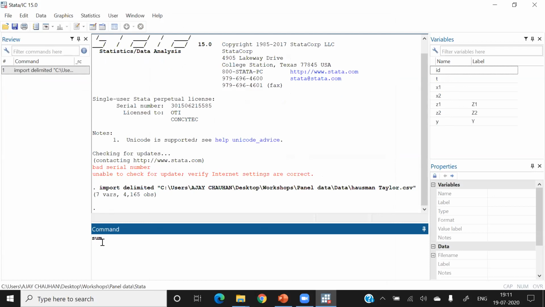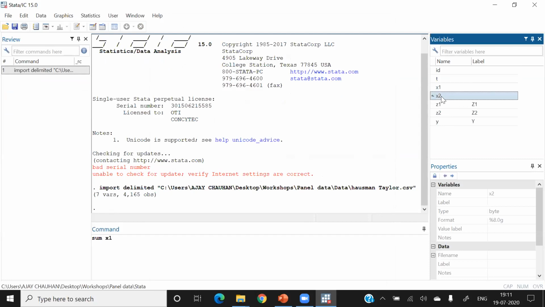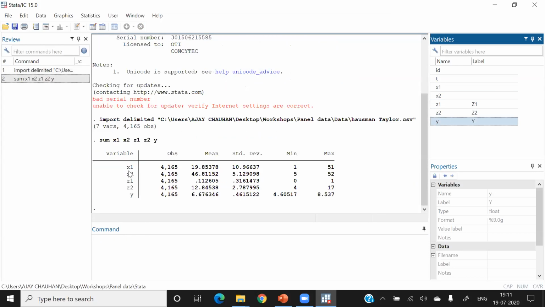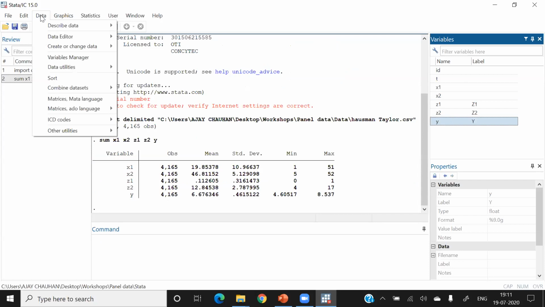let's see the data set. We are having how many variables here? X1, X2, Z1, Z2, and Y. So we are having 5 variables here, and 165 observations, with mean, standard deviation, minimum, maximum. And if we look at the data